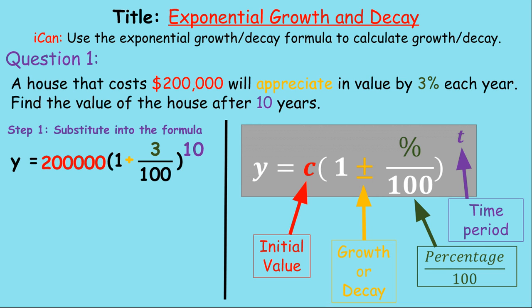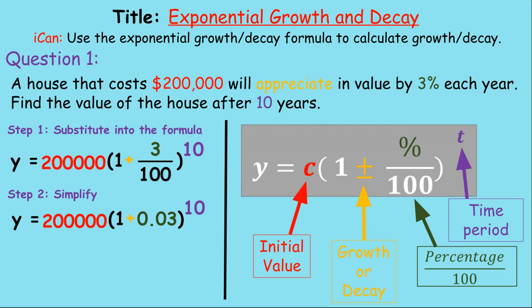So now we've got an equation, but we're ready for step 2 because we can't just put it in a calculator just yet unless you've got a special type of calculator. So we need to simplify. We take the exact same equation, and the only part we can simplify is 3 divided by 100. We need it as a decimal, and that gives us 0.03. So we've got 200,000 multiplied by 1 plus 0.03 to the power of 10. And now we just put it in a calculator and calculate. And that gives us y equals